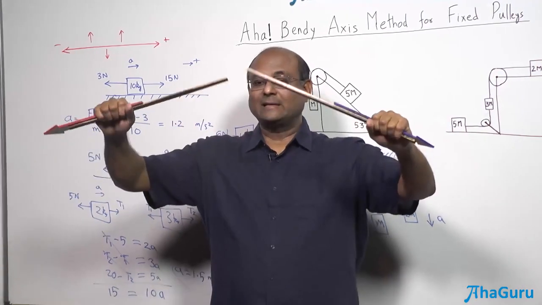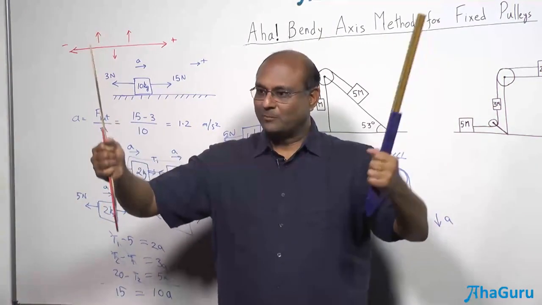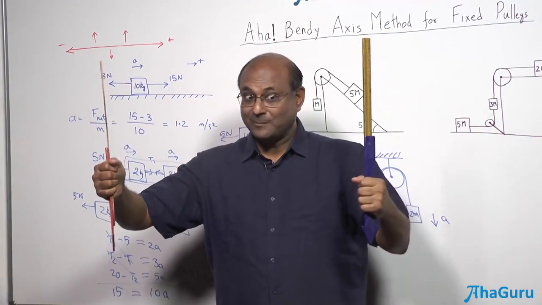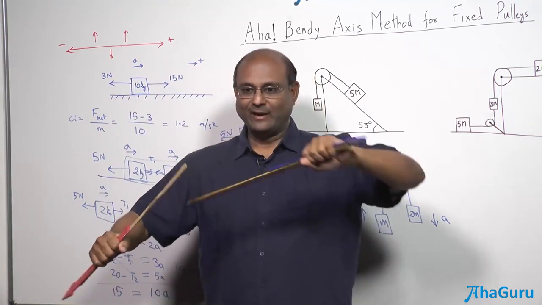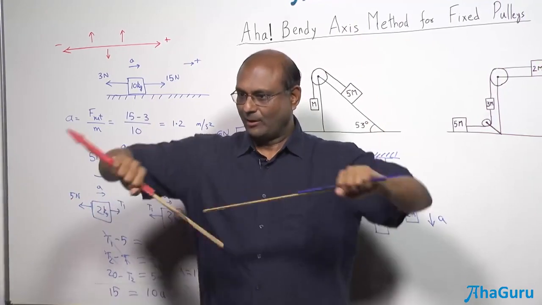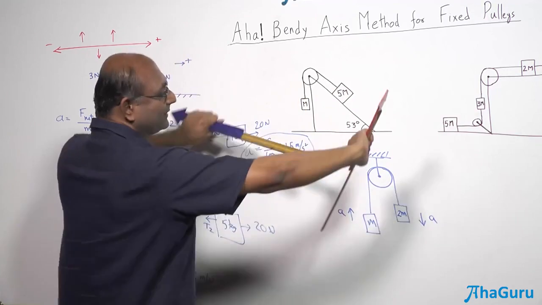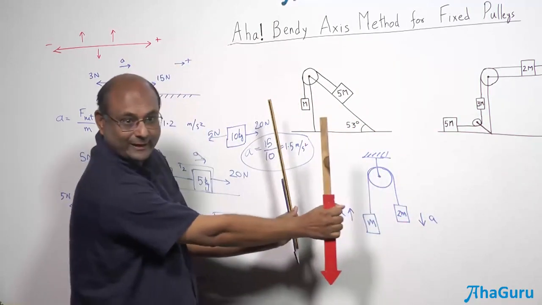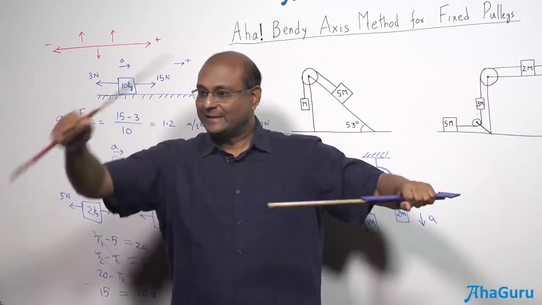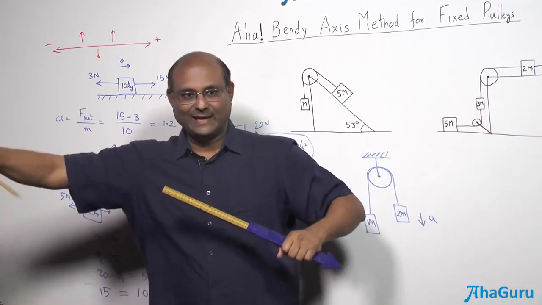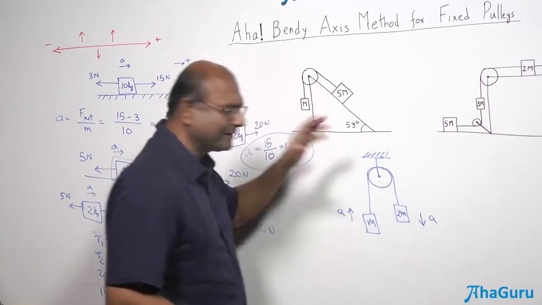Now suppose I imagine that the axis got bent. Plus and minus are in opposite directions. Now what about plus and minus? They are still in opposite direction, except opposite on this side is this way and opposite on that side is that way. They are opposites, but they look like they are both pointing downwards. But they are pointing downwards on two sides of the pulley. And you can bend this axis however you feel like. You see that the minus direction will still go like that and plus direction will still go like this. Okay, so let us try to use this idea. Let's see how that works here.